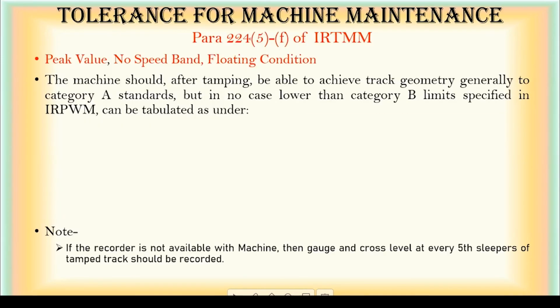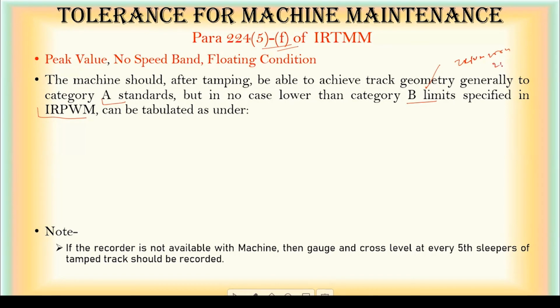It is to judge the quality of track machine output, and as per para 224.5F of the track machine manual, it says that the machine should, after tamping, be able to achieve track geometry generally to category A standard, but in no case lower than category B limits specified in IRPWM. So this A limit, B limit, C limit was available in IRPWM